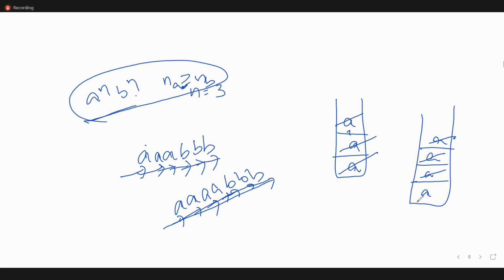Now we'll move on to the formal definition. అసలు ఎందుకు మూవ్ అయ్యామో మీకు క్లారిటీ వచ్చిందా? Yes, ma'am. All of you, please respond. Yes, ma'am. Okay, now we'll move on to the